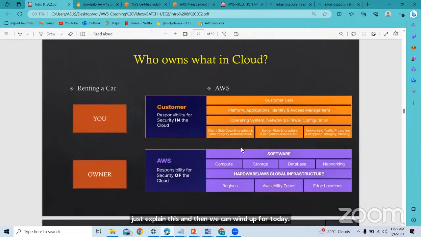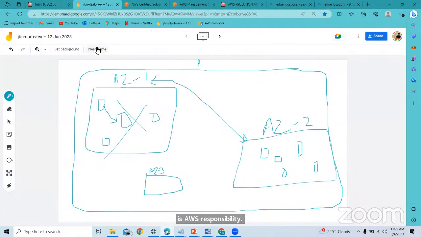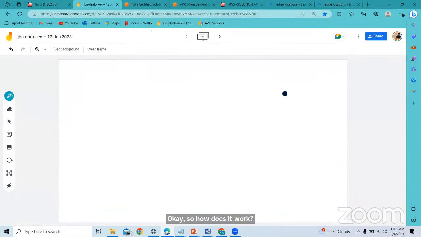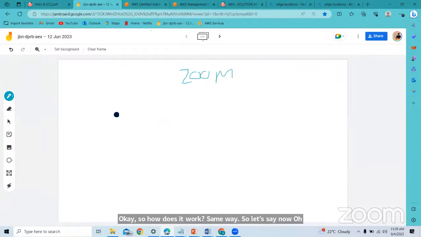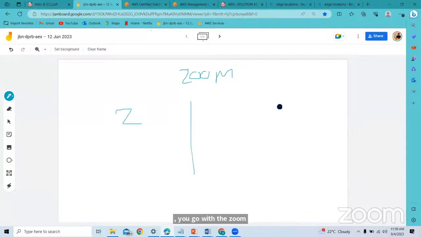The main important thing in AWS is that you need to understand what your responsibility is and what AWS's responsibility is. How does it work? Let's go with the Zoom car example.